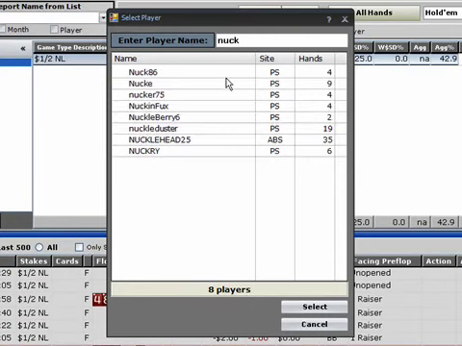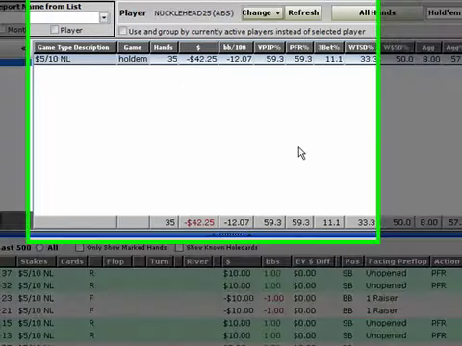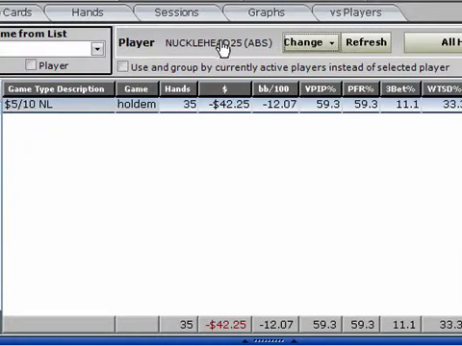So yeah, Knucklehead 25. Just for the record, the screen name you saw just a couple minutes ago up here in players, that was not my account, it was just a random player I looked up for the Party Poker hand grab tutorial I made. Now you can see here that Knucklehead, as we saw on the heads up table, his stats are displayed, and I'll just go into hands